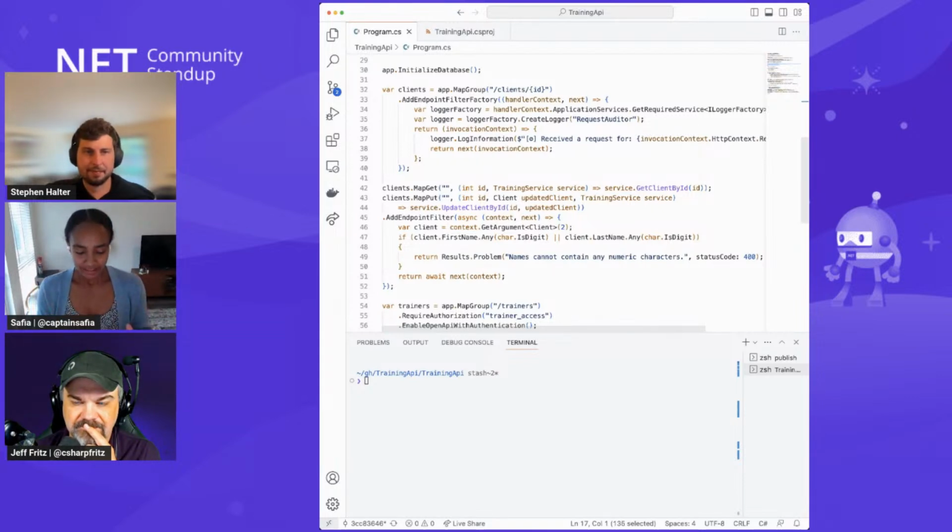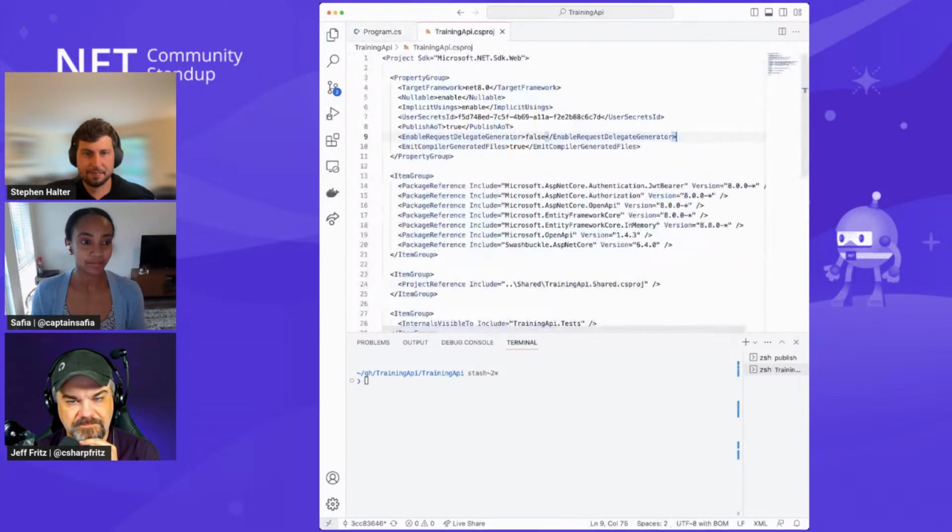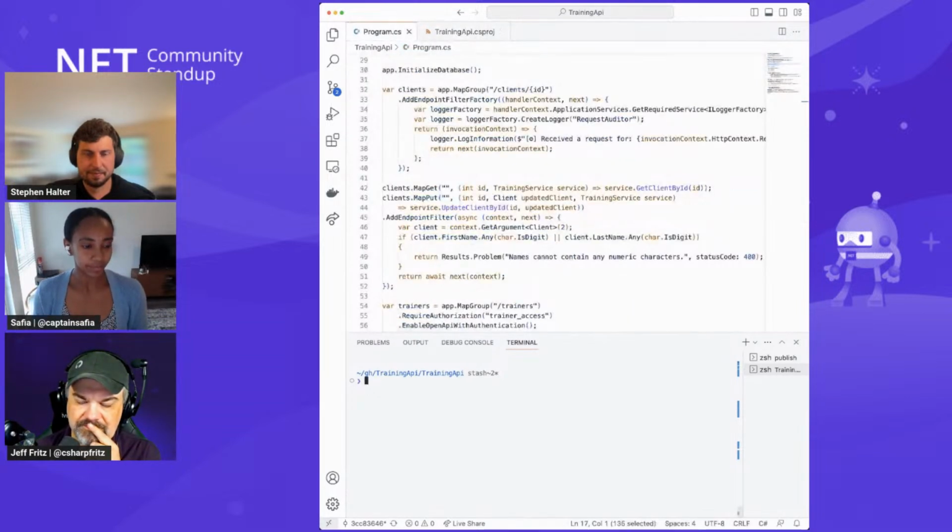So I want to take this app. It's been written for .NET 7. I want to upgrade it to .NET 8. I've done all the expected work of like changing TFMs and whatnot. And I've also set the publish AoT build property to true in my application. So when I hit publish, it's gonna compile ahead of time. And let's see what happens when I run dotnet build in my application. So let's go ahead and do that.